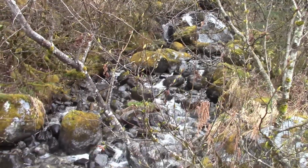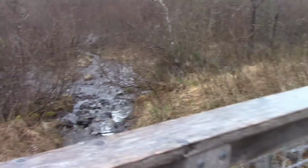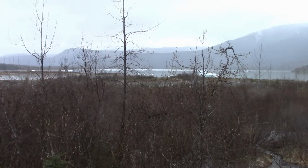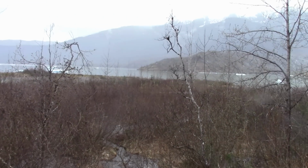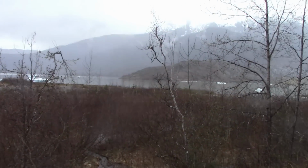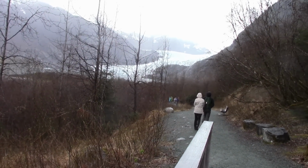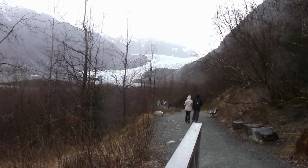Still on the trail to Mendenhall Glacier. Beautiful little stream here. And you can see the lake where all the water comes off the glacier and all the ice. You can actually see some icebergs floating in the water. And then there's the glacier. The trail doesn't actually go to the glacier because the lake's there, but we get pretty darn close, and then